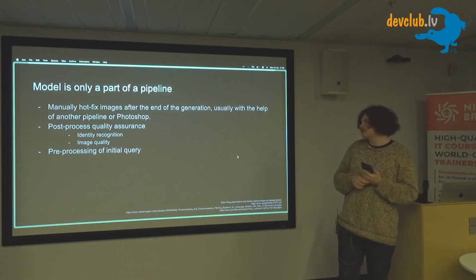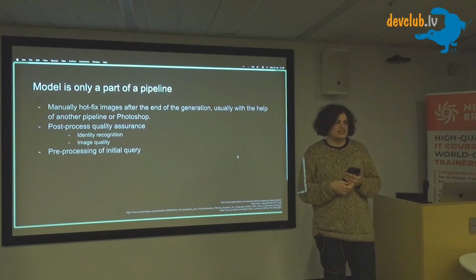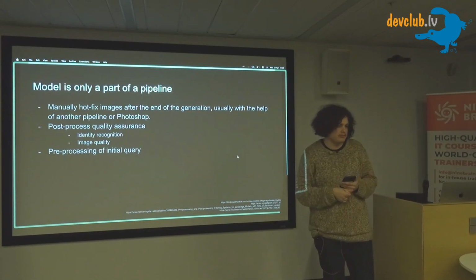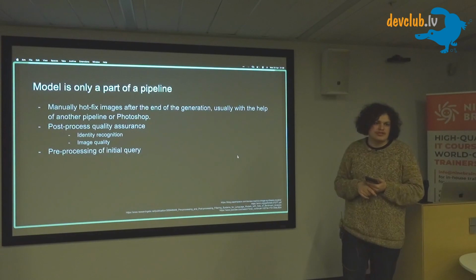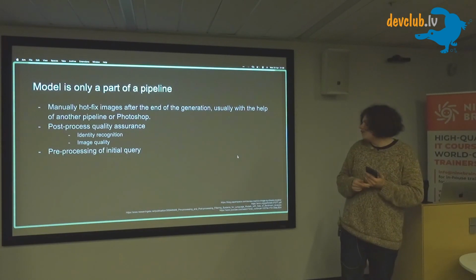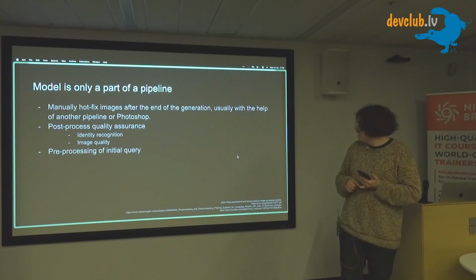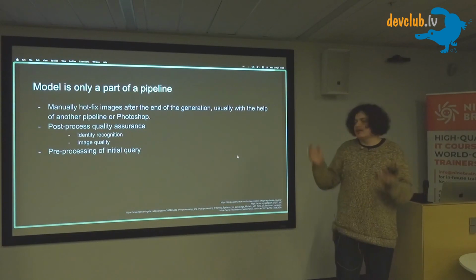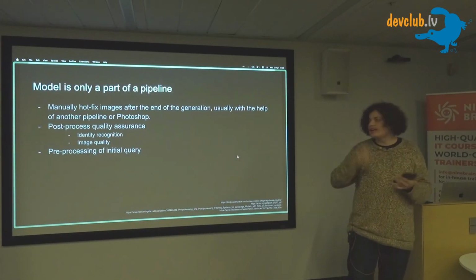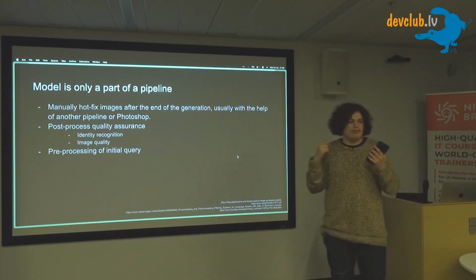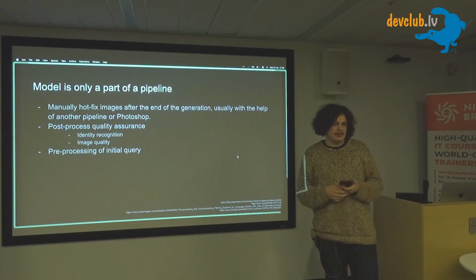The next thing that I would recommend you to remember is that the model is not the actual pipeline. You can have a lot of pre-processing and post-processing for the model. You can pre-process the query, as I have mentioned in the previous slide, and you can also post-process to have some quality assurance.